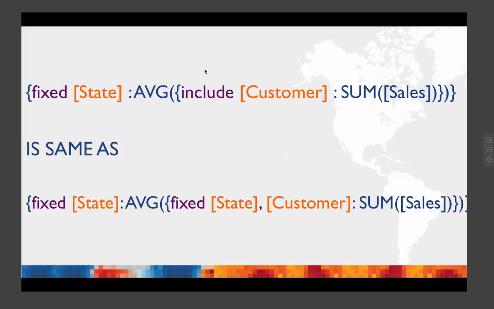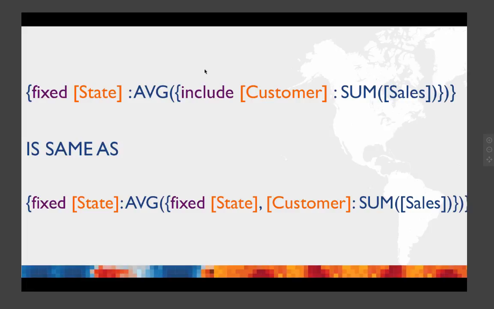And what I'm referring to as the dimensionality expression is what follows the keyword. In this case, the first one has state and customer, and the second one is fixed state, comma, customer. You can put as many dimensions as you want, separated by commas. One thing we require at this point is that they actually be the field name. So if you have, let's say, a date field and you wanted to get the year out of it, you cannot, at least at this point, say year of date to get just the year value out of it. What you need to do is create a calculated field that contains year of date, then refer to the name of the field in your dimensionality expression.